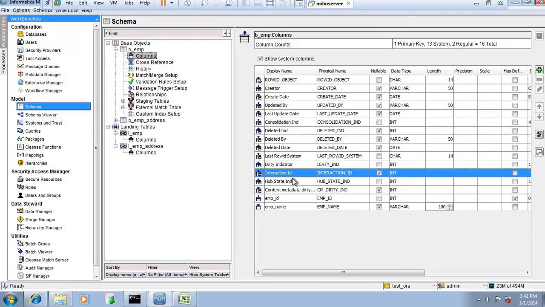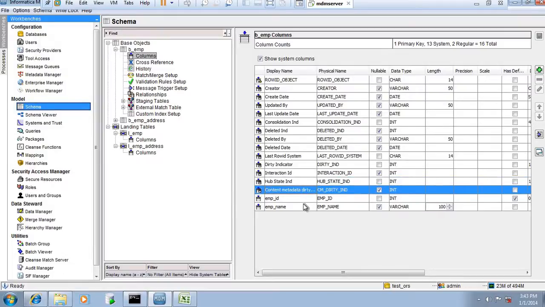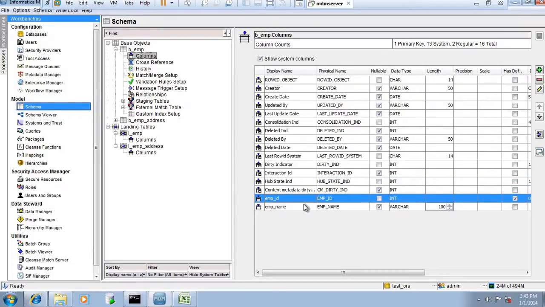Interaction ID will maintain the ID for the different processes. Hub state indicator has 3 values: 1, -1 and 0. 1 means active, -1 means inactive, and 0 means deleted. Content metadata dirty indicator is also a system column, and these two columns are the business columns, for which we already get data from our landing or staging tables.